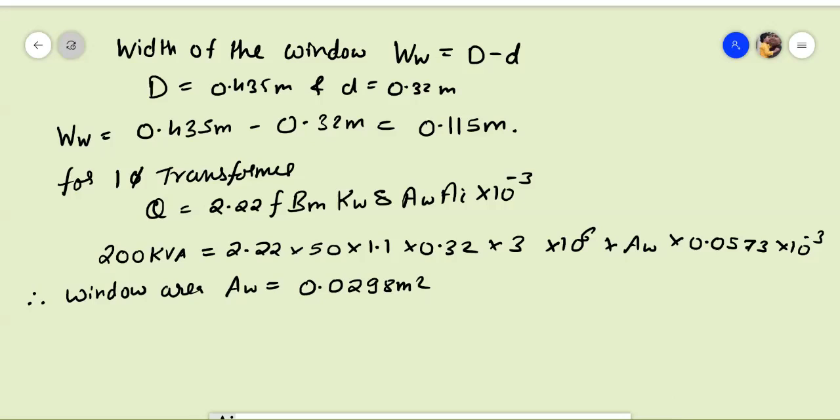Okay, right. So the width of the window Ww is equal to D minus d. We know that the value of D is equal to 0.435 meter, and the value of small d is equal to 0.32 meter. So the width of the window Ww is given by 0.435 meter minus 0.32 meter, that is equal to